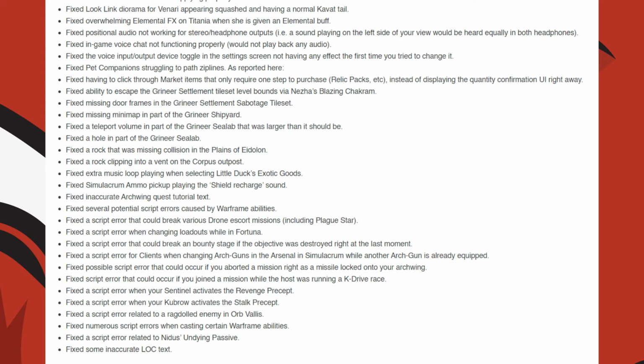They fixed Simulacrum ammo pickups playing the shield recharge sound, an inaccurate Arcwing quest tutorial text, several potential script errors caused by Warframe abilities, and the following are all script errors. They fixed a script error that could break various drone escort missions including Plague Star when changing loadouts while in Fortuna, an error that could break a bounty stage if the objective was destroyed right at the last moment